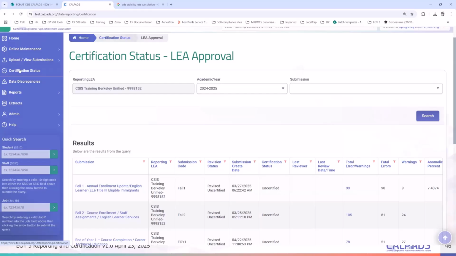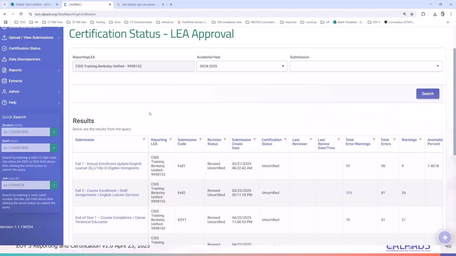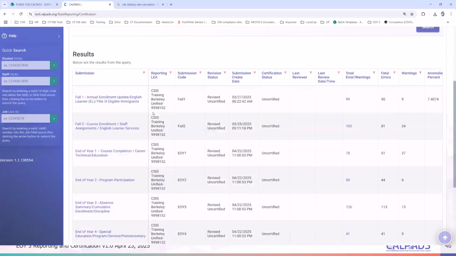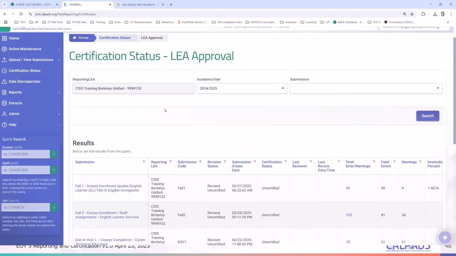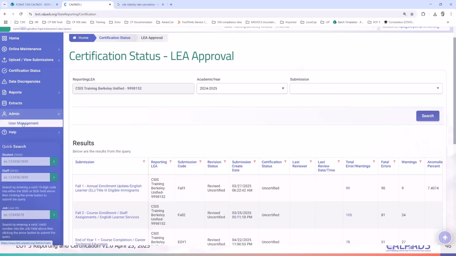If you don't have that and you are expected to be the person certifying or approving the reports, then ask your CalPADS LEA administrator to give you that role. If you are the LEA admin and you don't have that role, then you have to go to admin and assign that role to yourself.